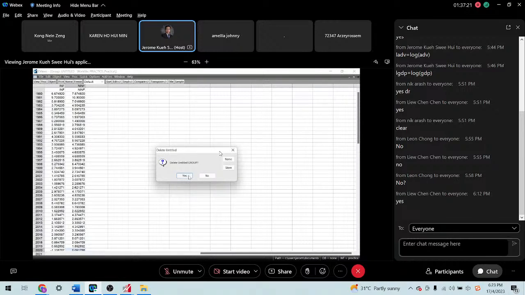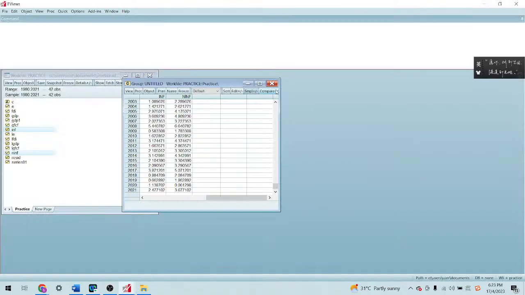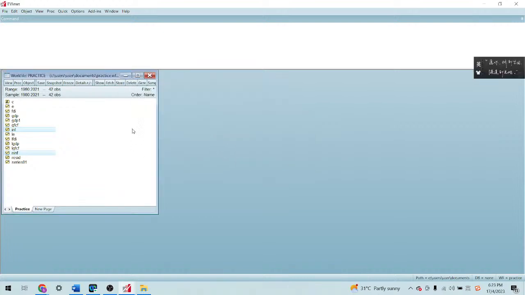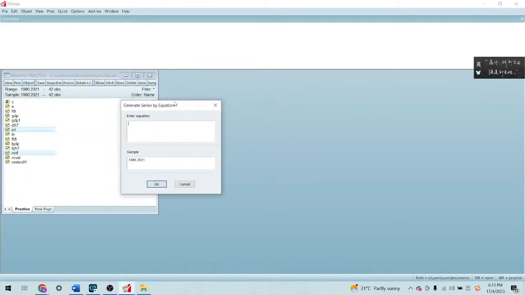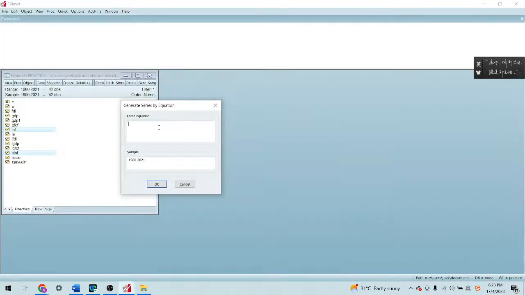Right. Then we use the new variable we created, and you generate again LINF equal to log of the new variable INF. You click OK, then you have the new variable LINF created here. Now, because all the data are positive values, you can log the data.